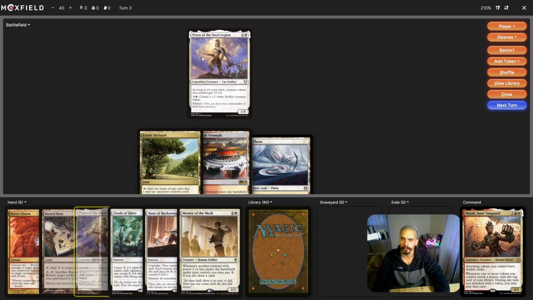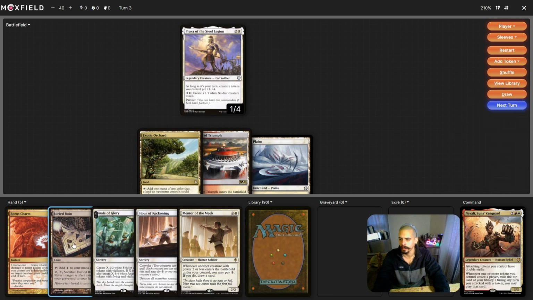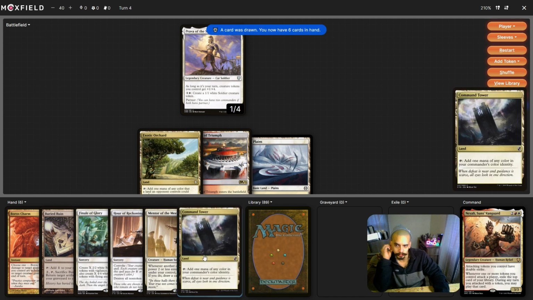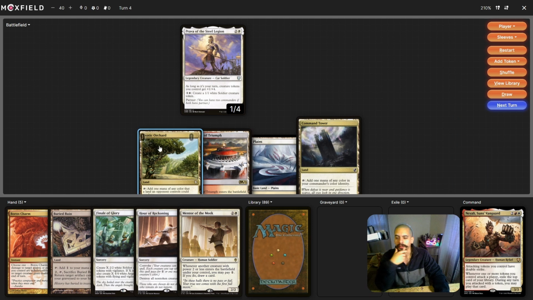So we're going to get down Prava onto the battlefield. So 1/4, it's a nice way to protect our life total. And then after that, we're just going to go ahead and pass the turn. We did draw into a Command Tower, so the land's looking a lot better now. Now we're not just drawing into our ramp. So in this situation here,